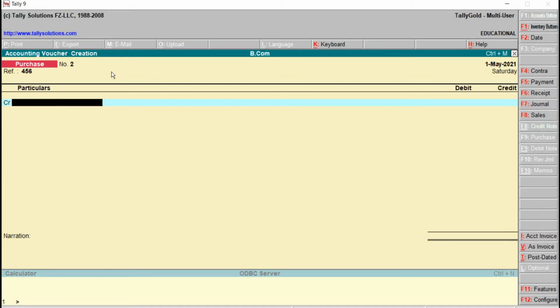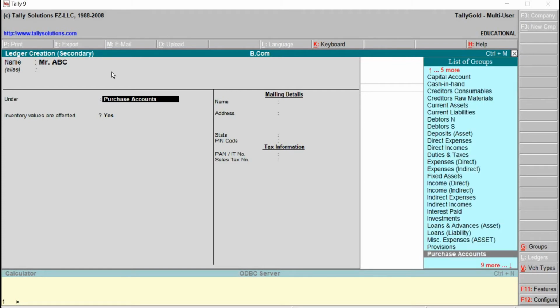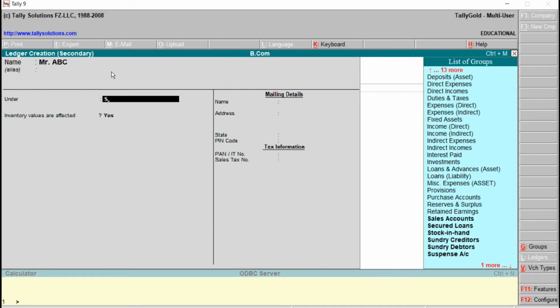To create this one, Alt C, Mr. ABC. Alias will be blank, and this has to be allocated under the group sundry creditors. Just type here S, down arrow key,